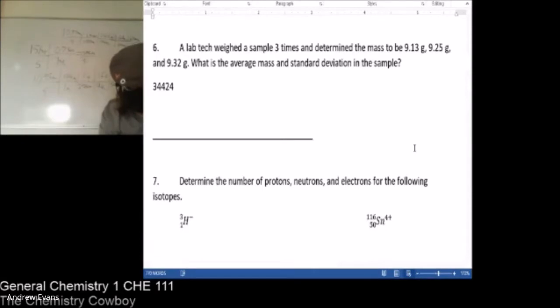Add them all up and divide by 3 to get the average. So 9.13, 9.25 and 9.32. The average is 9.23. To get the standard deviation,